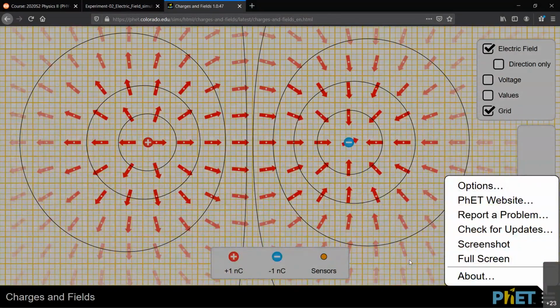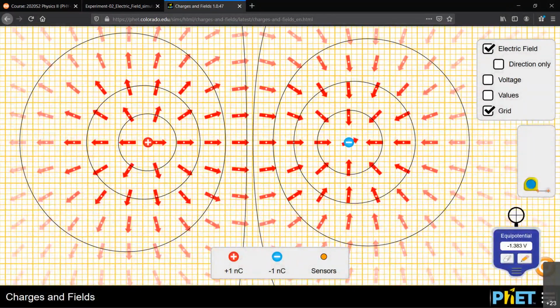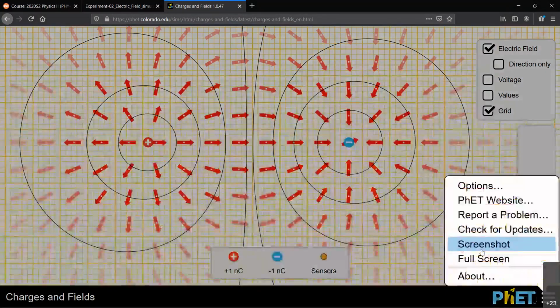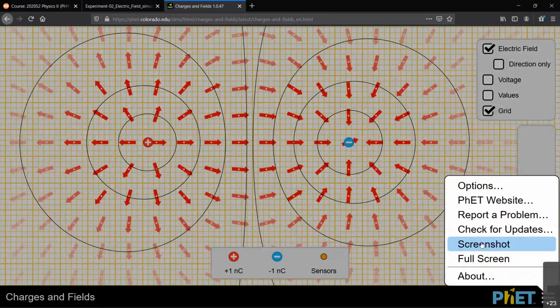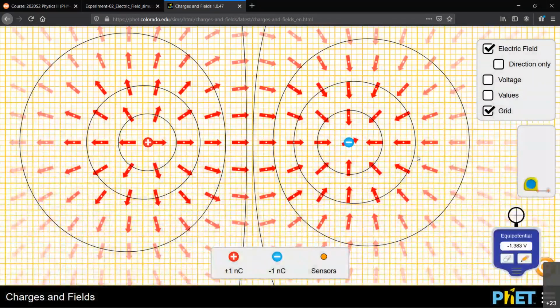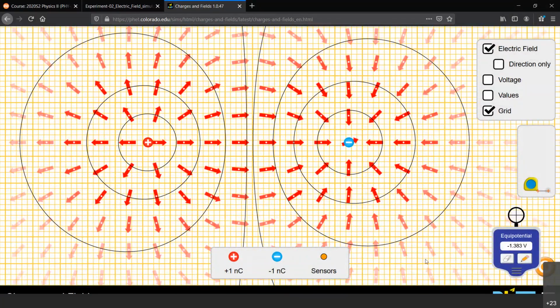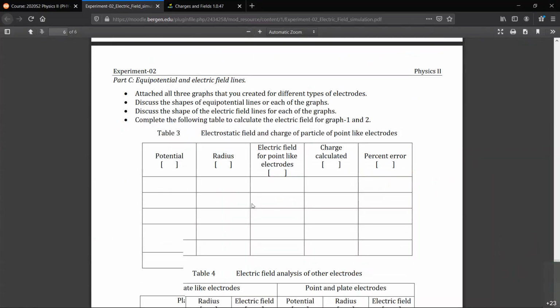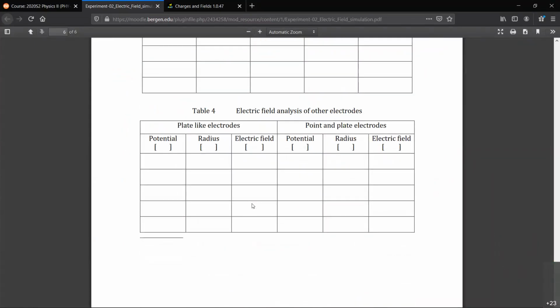If you click these 3 lines right here, on the right hand side, very below, you can see the PHET letters, right? If you click on that, you can see the screenshot. You can take the screenshot directly from there if you want to. Otherwise, I think everybody knows how to get a screenshot on your computer or laptop. Okay, anybody have any questions so far? Good.